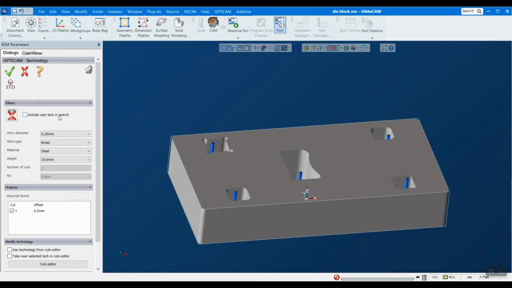Technology. So this is actually how we're going to be cutting the part. Okay, and this can get a little complicated, but basically you can set it up once, and then no matter what, it will continue to machine with those parameters once you load them in. Okay, so right now we're using a 0.25 millimeter wire